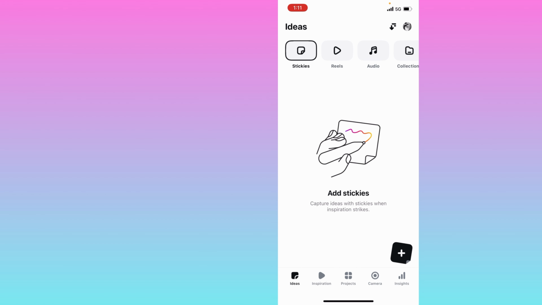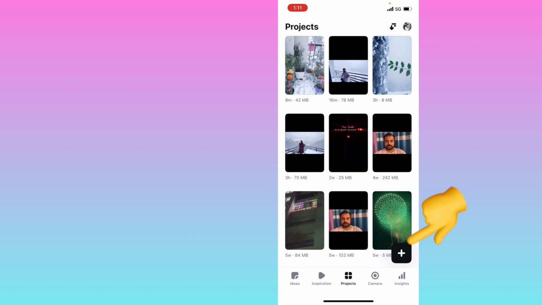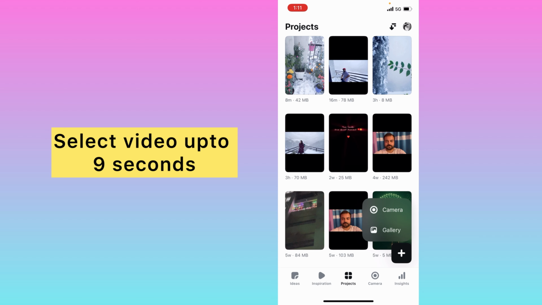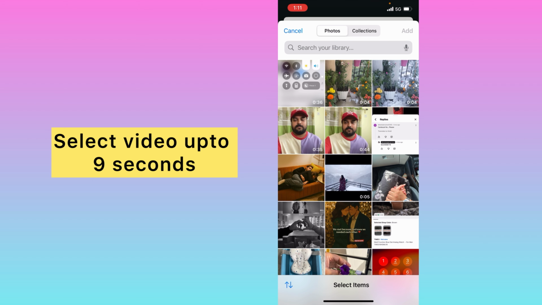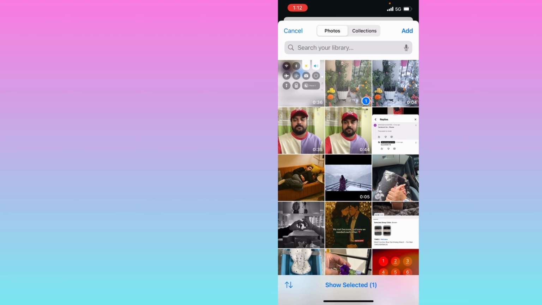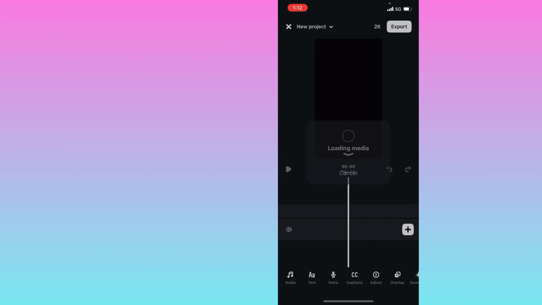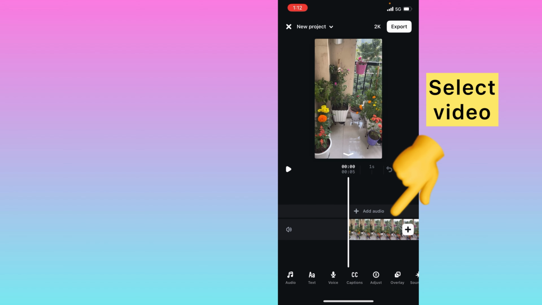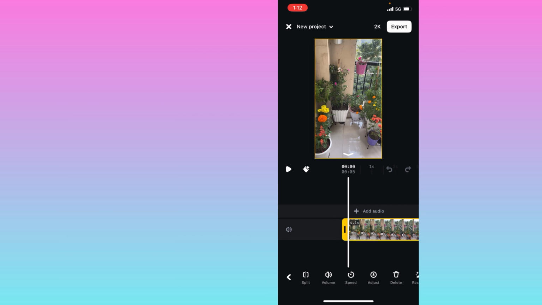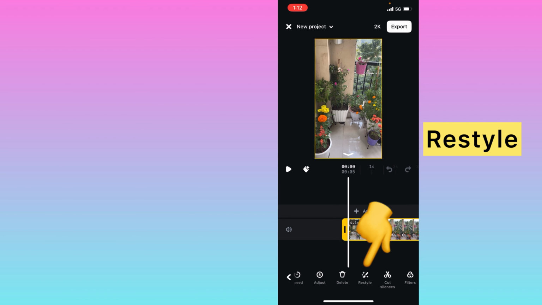Click on this project and the plus icon here you can see, and either you can record it or you can select from gallery. So I'm selecting from gallery and I will select my this video and I will click on add. So now you have to select this video here and drag here, and you can see the option